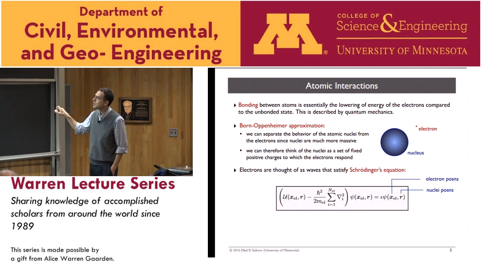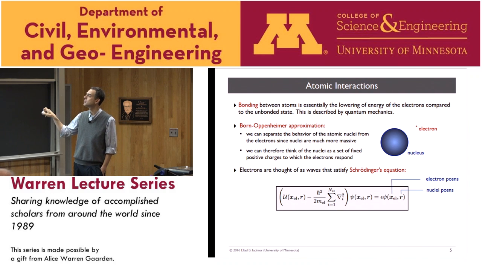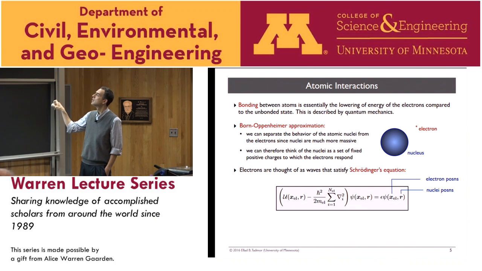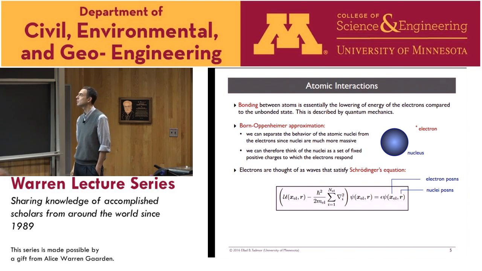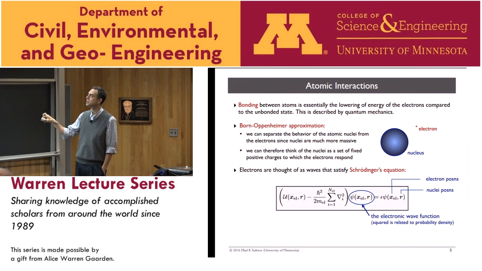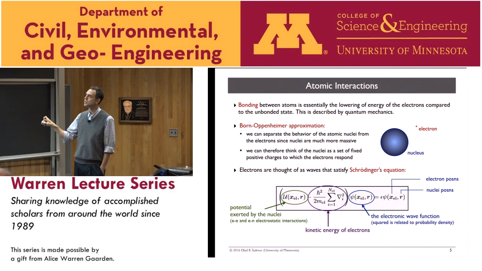So it starts with the Schrödinger equation. The Schrödinger equation is a wave equation that describes the probability density function of the probability of finding an electron at a particular location. And in general, this wave function or probability density function is a function of positions of electrons and nuclei. That's before you do this separation. So this is the general equation for the whole system. And you see there's an operator acting here, and this includes the kinetic energy of the electrons. And then you add to that a potential, which is the potential exerted by the nuclei on each other and on the electrons. And so you need to solve this equation.